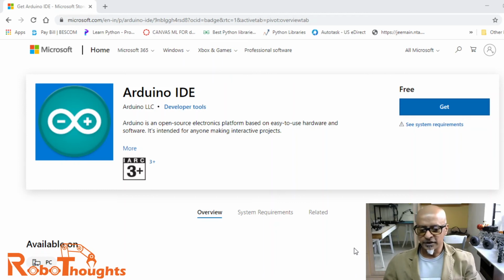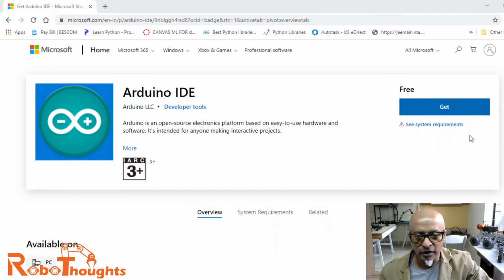So just let it run and install, and you will see a small icon on your desktop, or you can go to the bottom of your screen in Windows and type in Arduino, and you can open the IDE immediately. Or if you are using Jetson Nano or a Linux machine, right click, open terminal, and type in Arduino. Once you open that, we are all set.